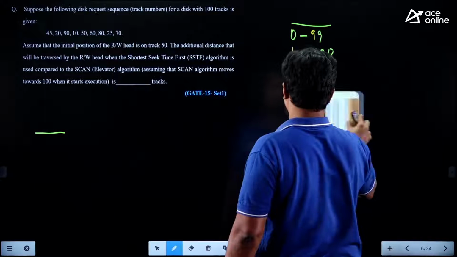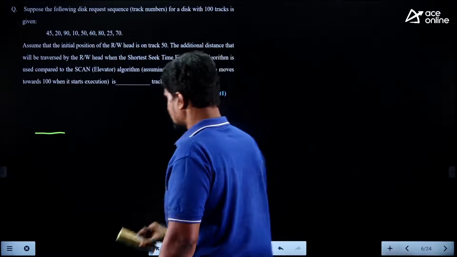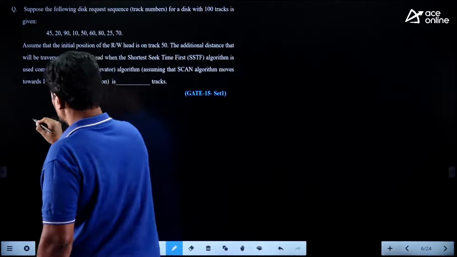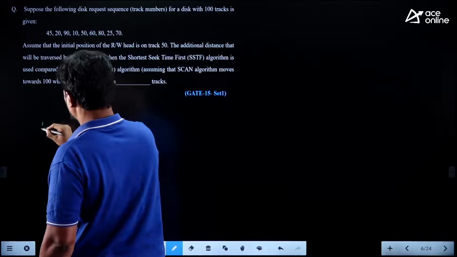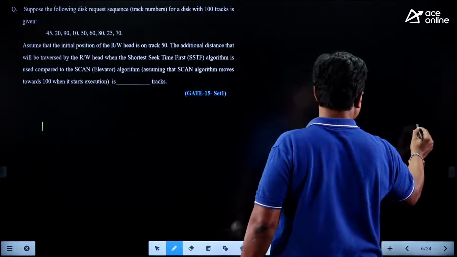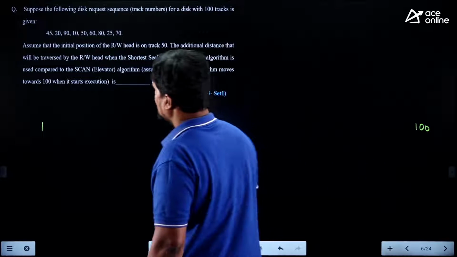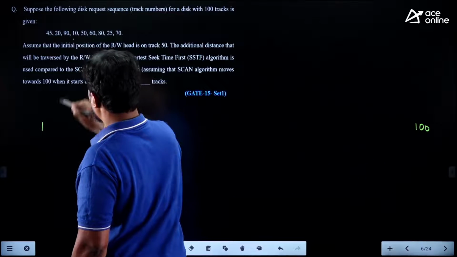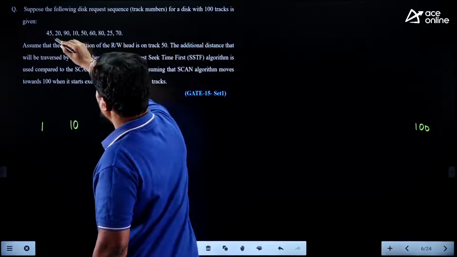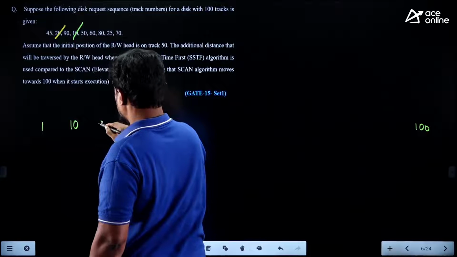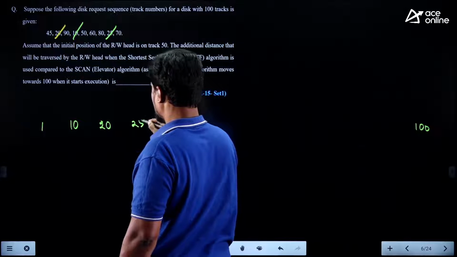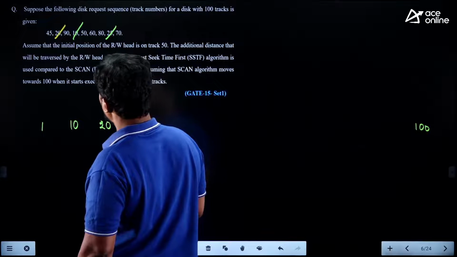So now we are considering track numbers 1 to 100. Let's say 1 to 100. So after 1, we are having 10. After 10, we are having 20. After 20, we are having 25. After 25, we don't have 30,